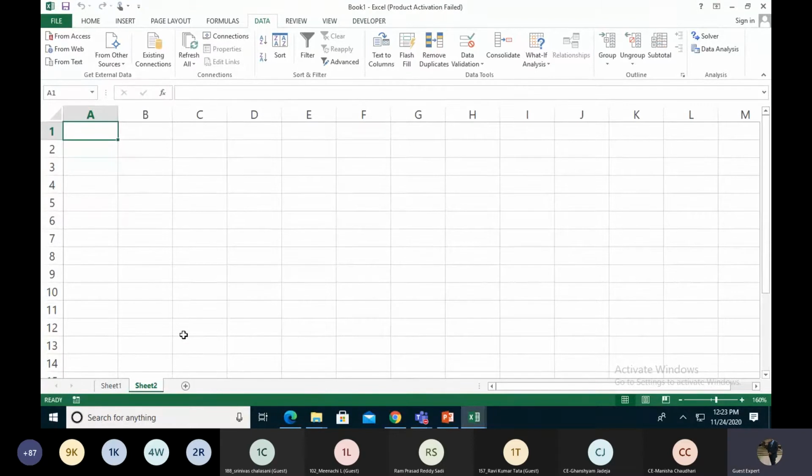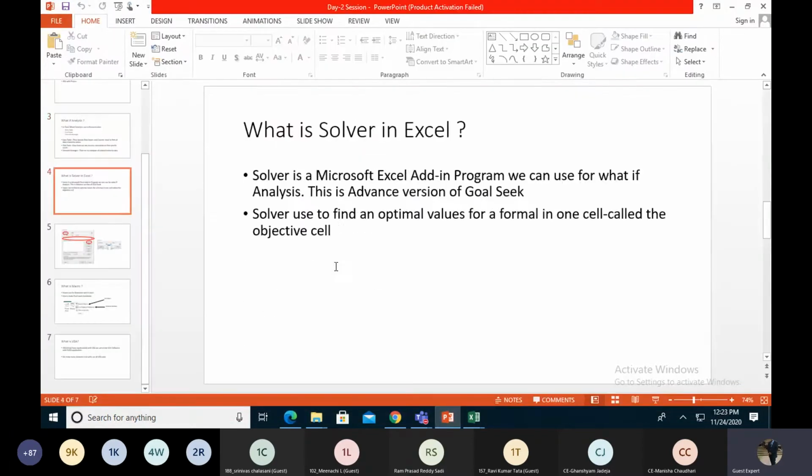So right now we just learned Goal Seek and Data Table. At the end of the day, we will take the Scenario Manager because that is very easy for us. But right now the most important thing is the Solver. So first I'm taking the Solver as it is. What is a Solver?